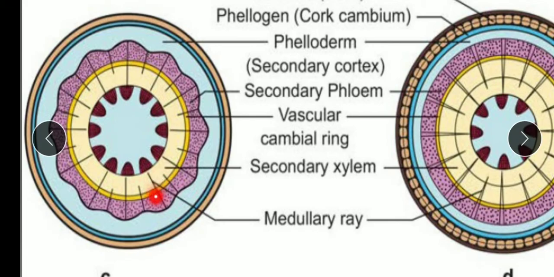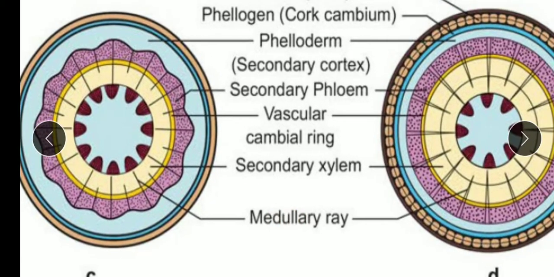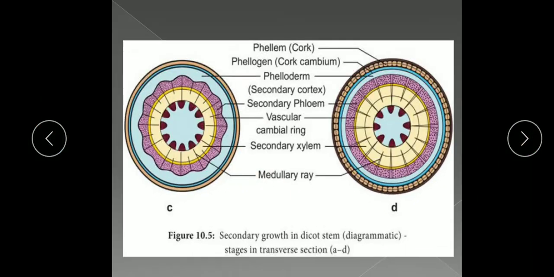You can see here the medullary rays. So this thin and narrow band of parenchymatous cells, they arrange radially from pith to the phloem, and then they form the medullary rays. So these are called the medullary rays or the vascular rays. So this is the formation of medullary rays with the help of ray initials. So in this manner, growth takes place in the stellar region.